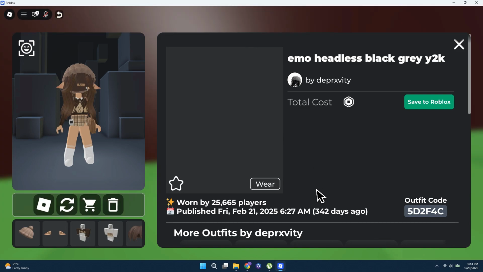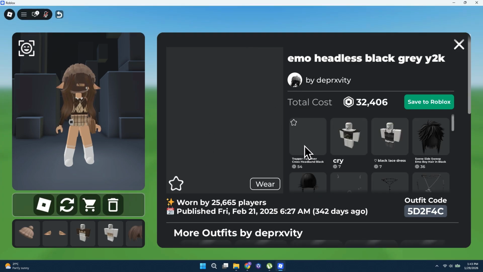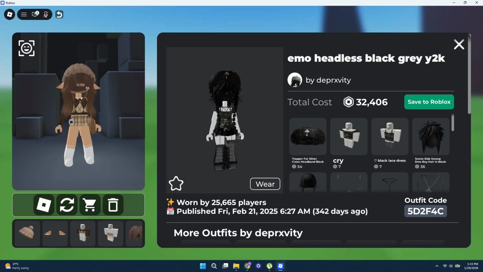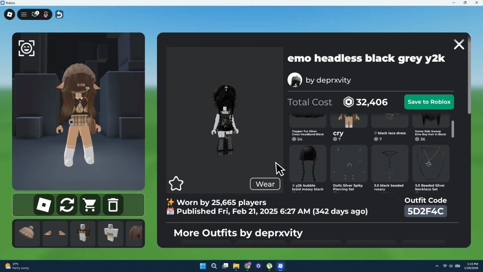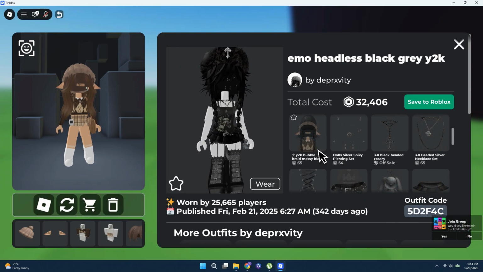Once the outfit loads, you'll see it applied in the game. You can choose to save it to Roblox, or you can preview how it looks by clicking to wear it. Keep in mind that the outfit will only be applied within this game and won't appear in other games. And that's it. So that's basically how you can use